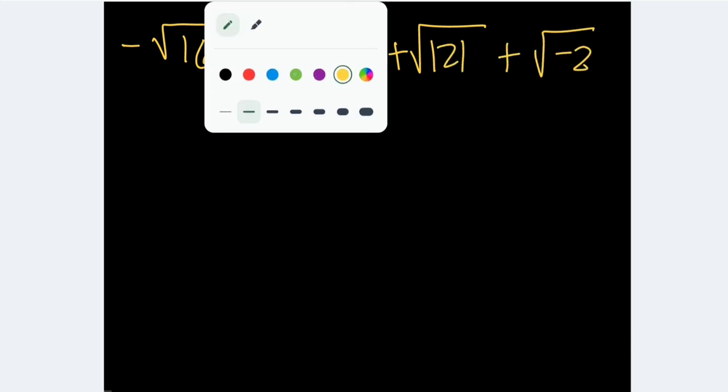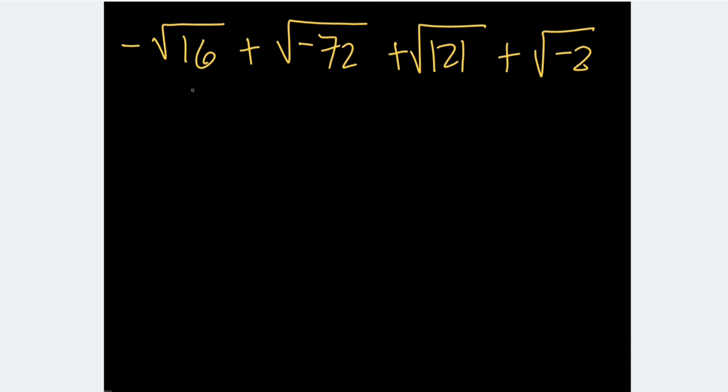So let's simplify first. 16 is 4 squared, right? 72, okay, this can be 9 times 8, right? And 121, is this 11 squared? 11 squared. Okay, then we can write this,